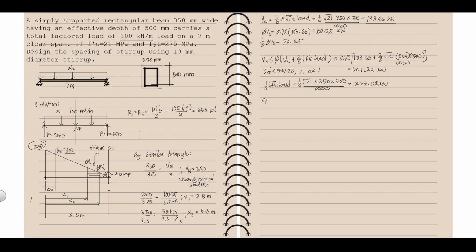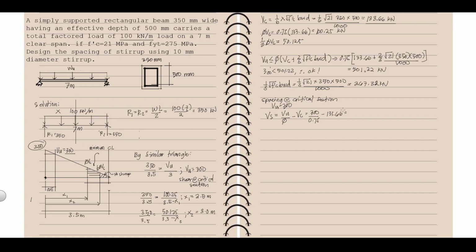Okay, so spacing at critical section. Spacing at critical section where VU is equal to 300. So, kunin na muna natin yung VS. Yan. So, VS natin is VU all over reduction factor minus VC. Okay? So, that is 300. Divide po natin ng 0.75. Bawasan natin ng VC,